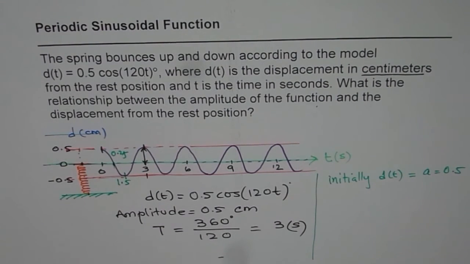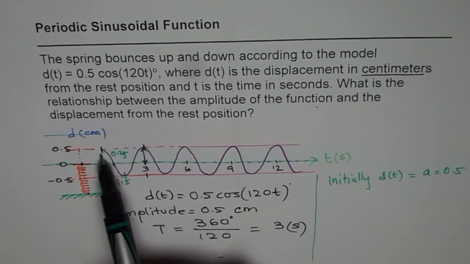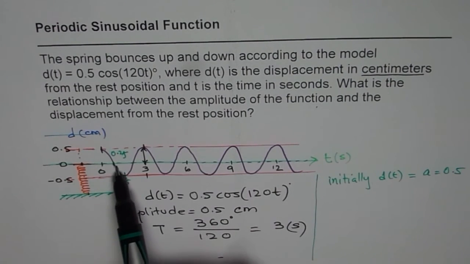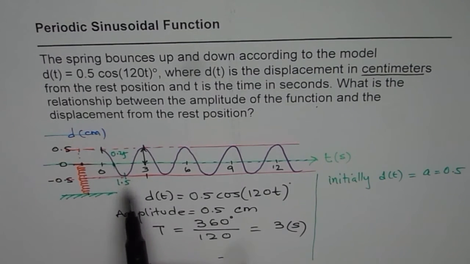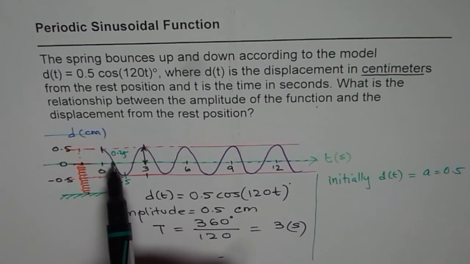Displacement is, I should say, a vector quantity, meaning positive and negative are treated differently, right? So magnitude wise, maybe we could say decreasing, but here we will say on the negative side, correct? So in absolute terms, you can say that the displacement decreases for the first quarter of the second,